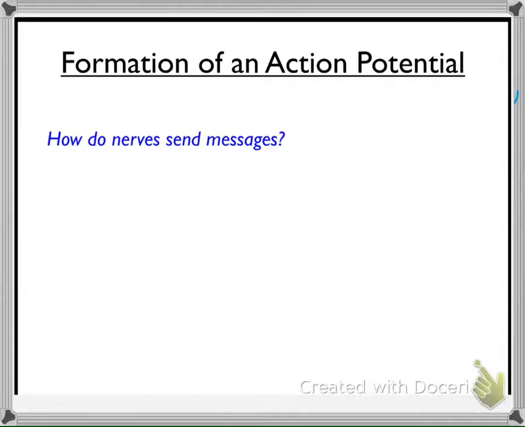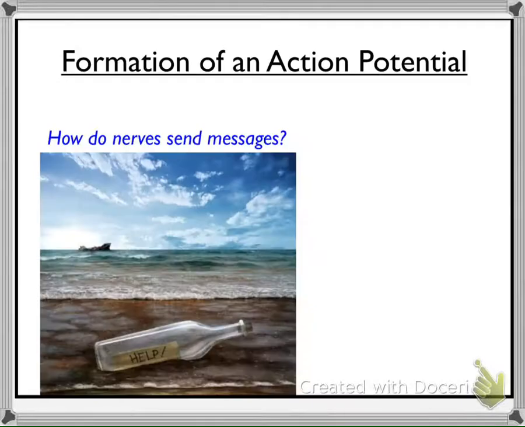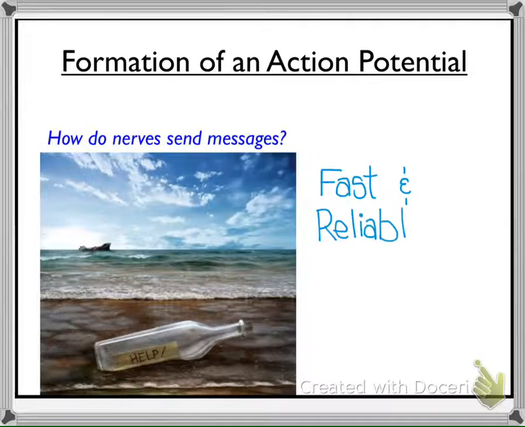action potential. So the question for today is, how do nerves send messages? Well, it turns out that not just any type of message will do. The messages that the nervous system sends have to be fast and they have to be reliable. So today we're going to talk about exactly what type of signal it is that nerves can send, and how the basic unit of the nervous system, which is the cell of the neuron,